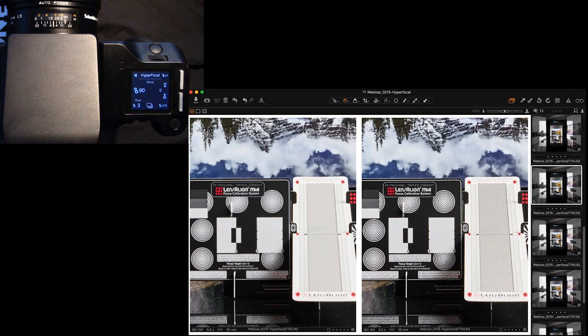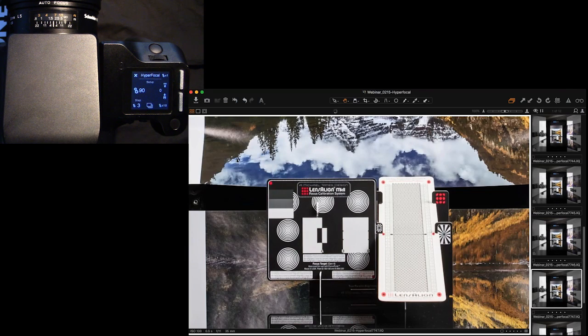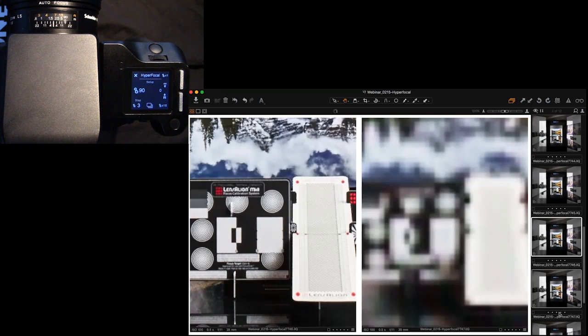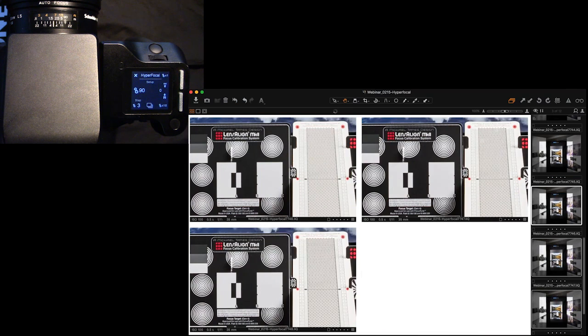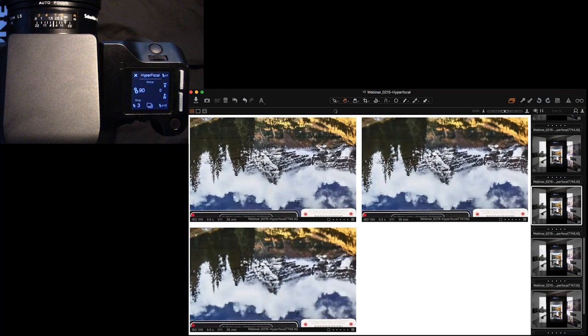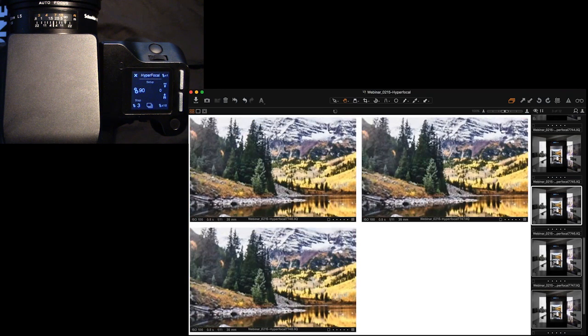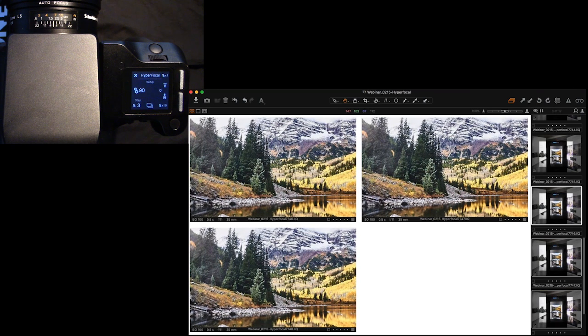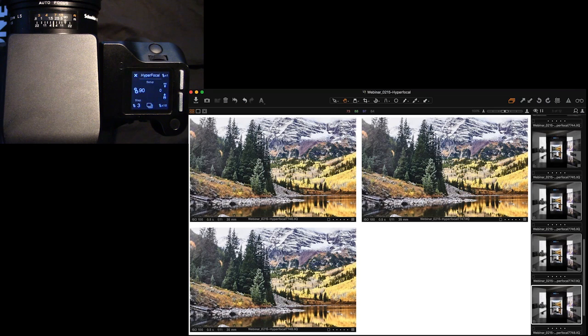So if we go to 90, this is our midpoint now, and we compare 90 with 87 and 93. This is where we want to first start off by looking at infinity focus and defining what is perfect, acceptable sharpness. So right now we have 87, which is nice and sharp. We have 90, which is nice and sharp. And we have 93, which when compared to the image above it,